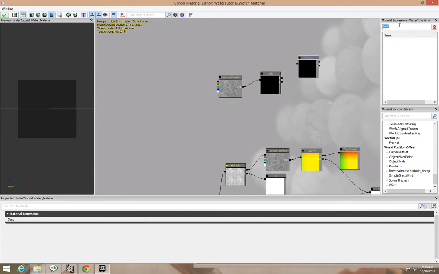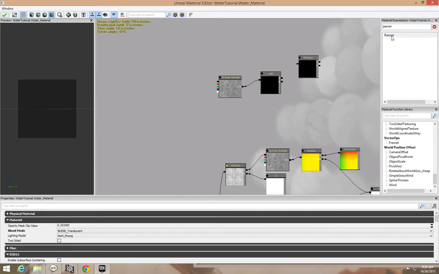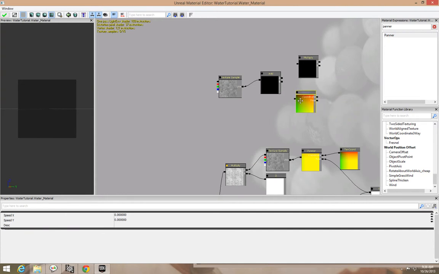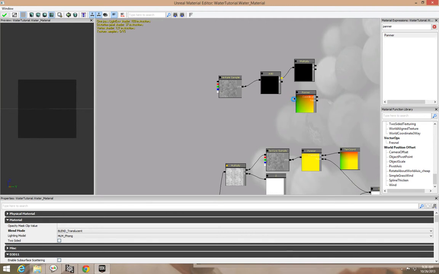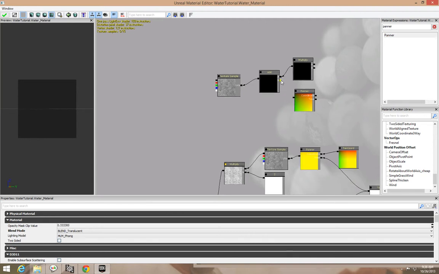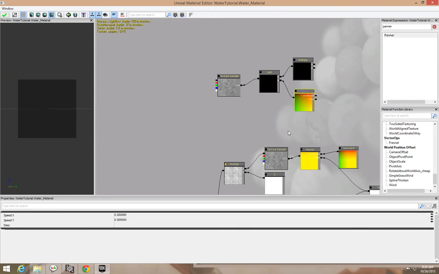There we go. Plug this in here, and plug this in here. And then I'm going to give this panner a value of 0.01,